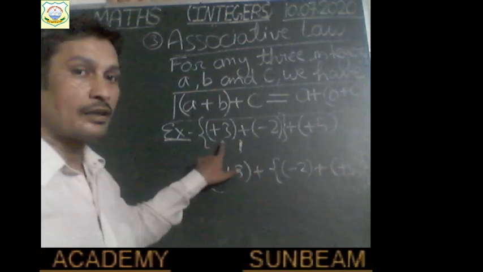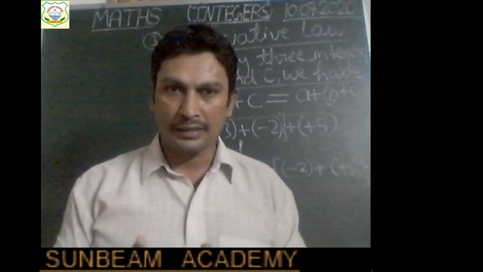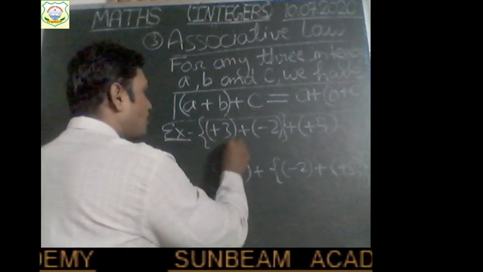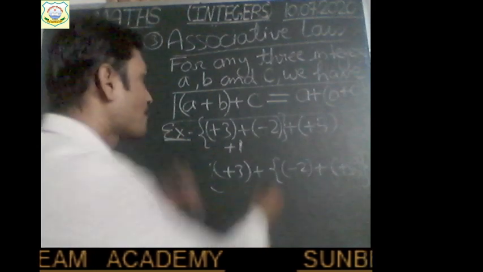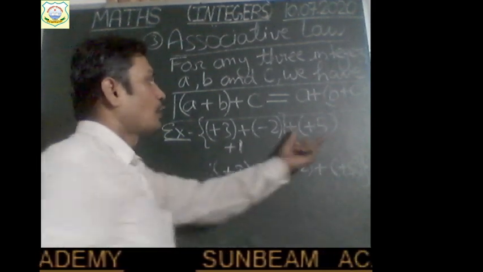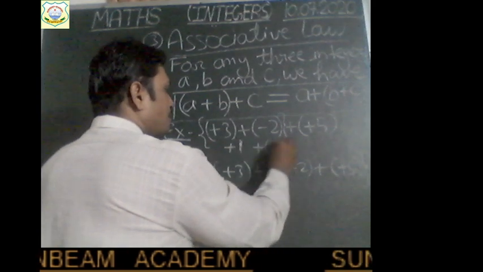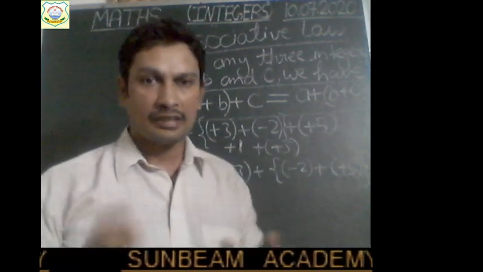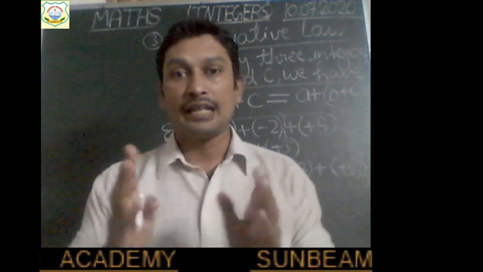Here profit is greater and loss is smaller. So overall you will have profit. Right? So here you will have the plus sign. For profit you will use the plus sign. Okay. Now this plus 1, and what is left now? Plus 5 is left. Plus 1 added with plus 5. Both are positive, having the same sign. So what we will do, children? If signs are the same, we add them.